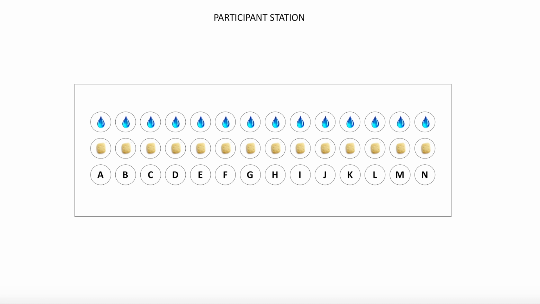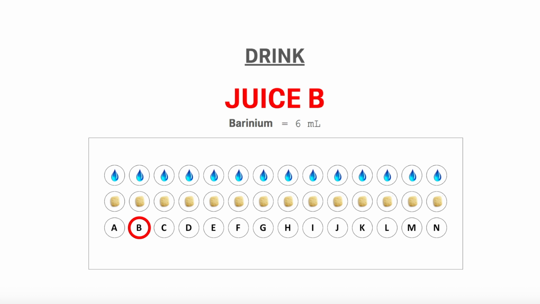When the tasting task begins, the computer will tell you which juice sample to drink when. For example, if the computer screen says, "Drink juice B," you should drink the entire cup of juice labeled B. You'll have 15 seconds to do this. A clock will be displayed in the top left-hand corner to let you know how much time you have left. At the end of 15 seconds, the computer will automatically advance to the next page and you'll be asked to